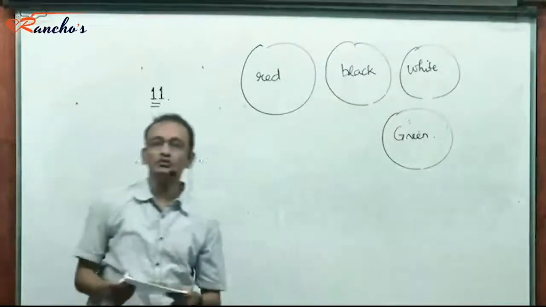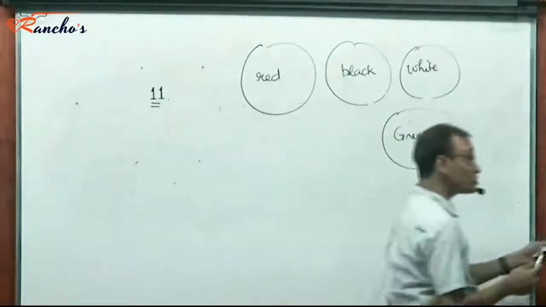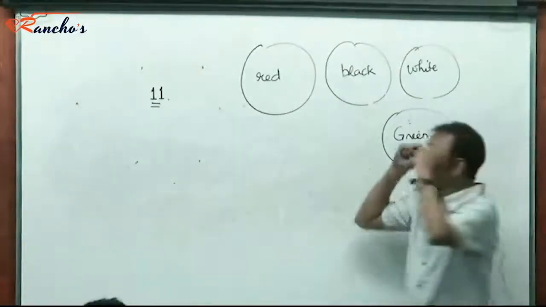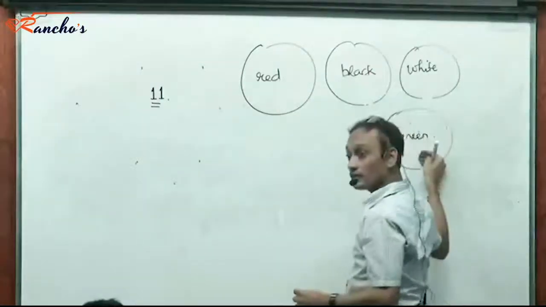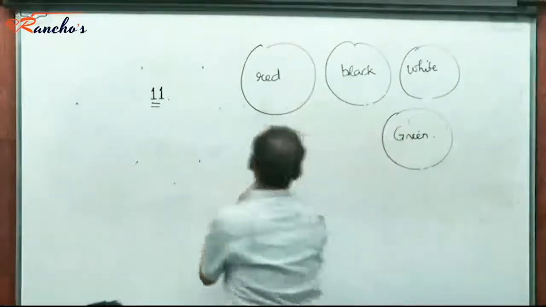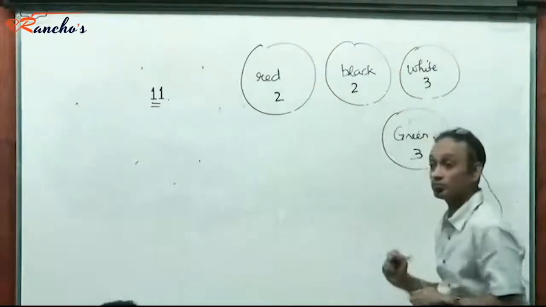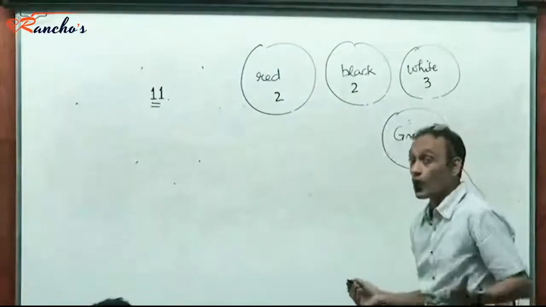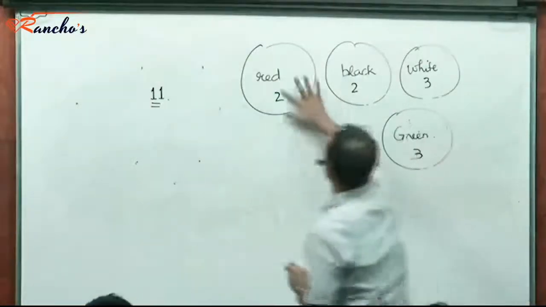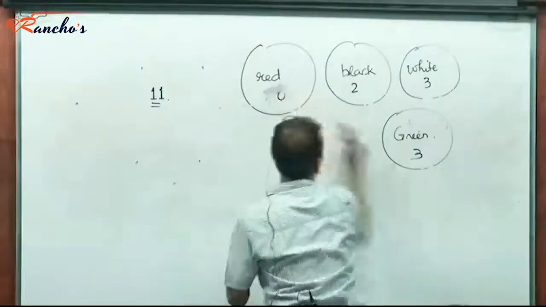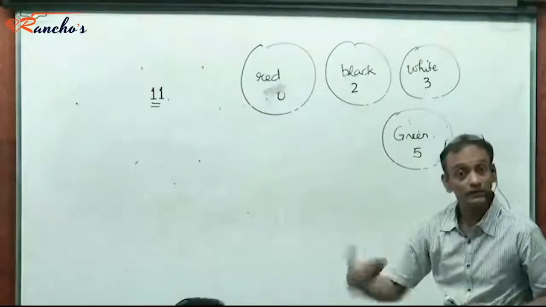And we want to be able to select 10 balls in all, right? So again, the count is not about the specific ball that you're selecting. The count is about how many red, how many black, how many white, how many green, right? You could have had, say, one mode of counting could be 2 from here, 2 from here, 3 from here, and 3 from here. That's one way to select 10 balls, right? And in this case, they're not prohibiting us from selecting 0 balls, for example. So, for example, this could be 0 balls and this could be 5 balls. That's another mode of selecting 10 balls from this.